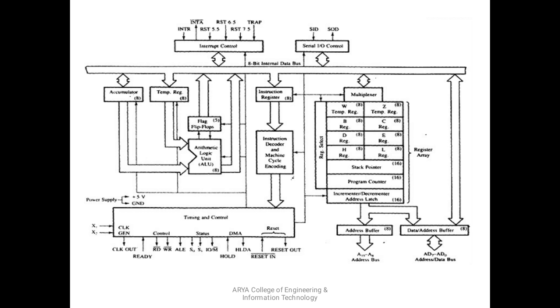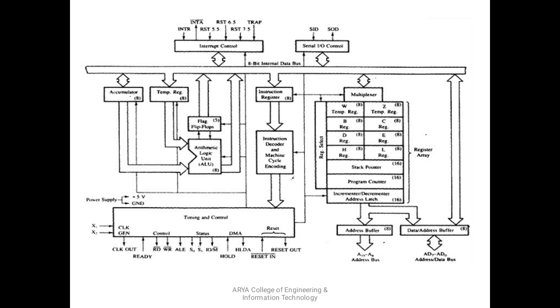When the microprocessor is executing a certain instruction and any interrupt request arises, it will stop its program and transfer control to the provided interrupt request. If the interrupt is of highest priority, then that interrupt would be executed first. There are 5 types of hardware interrupt: INTR, trap, RST 7.5, 6.5 and 5.5. The highest priority among these is trap, then 7.5, then 6.5 and then 5.5.